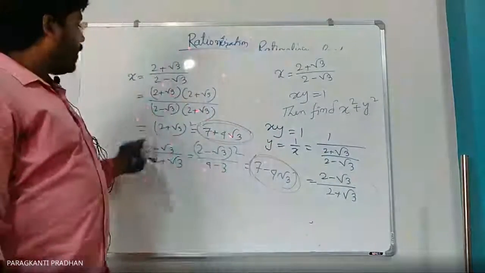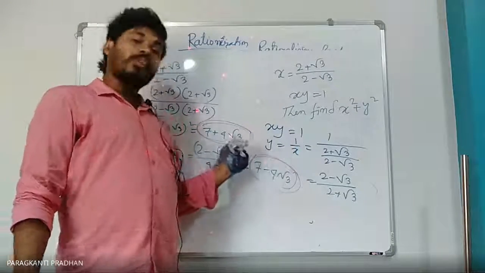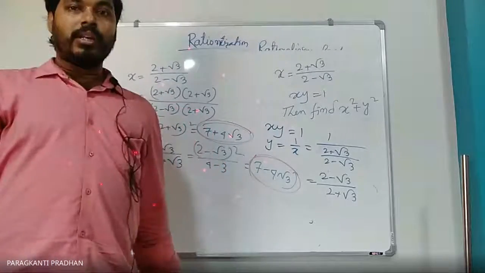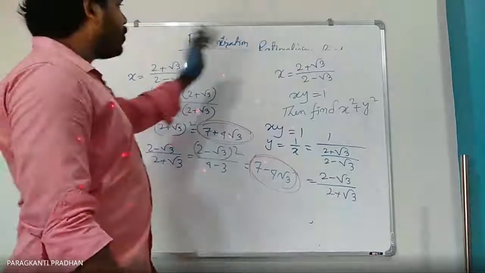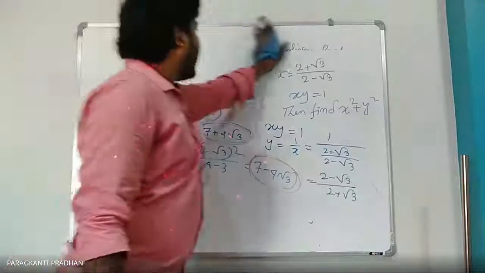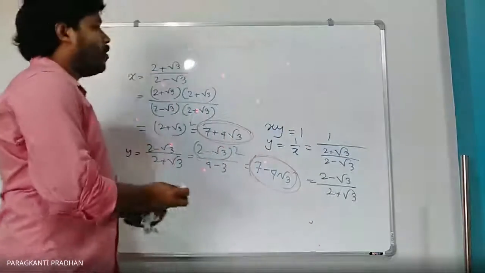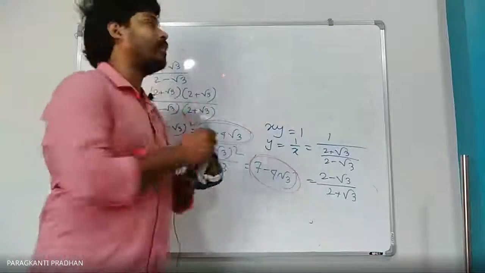তাহলে তোমরা কি করবে? এই x square আর y square টা করবে. Then you just find out the square of this and square of this, then you add the values, right? No need to do this method. Just write the value of x plus y only. When this kind of problem is there, you just find out x plus y only.